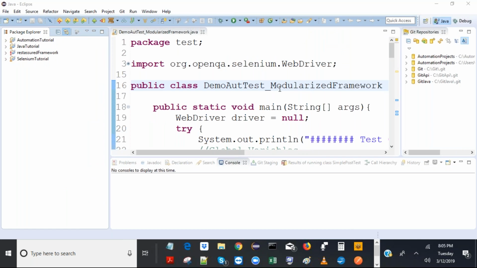Okay, to see where we stand, I'll just execute.